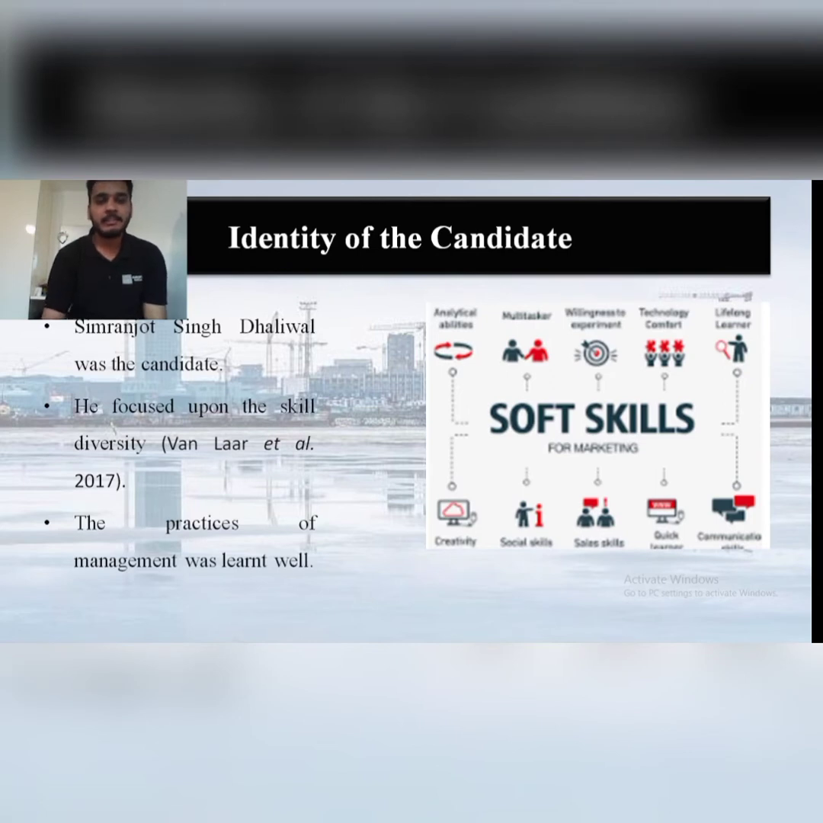So next is the identity of the candidate. The candidate identity was developed by adhering to the skills that were possessed by him to get employed. The name of the candidate was Simranjot Singh Dhaliwal, and the previous assignment highlighted the features that the concept of globalization had helped in